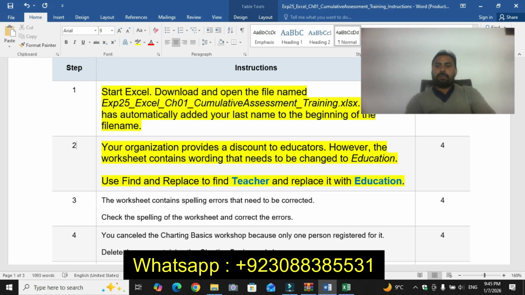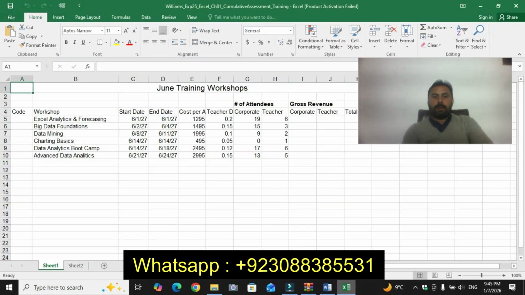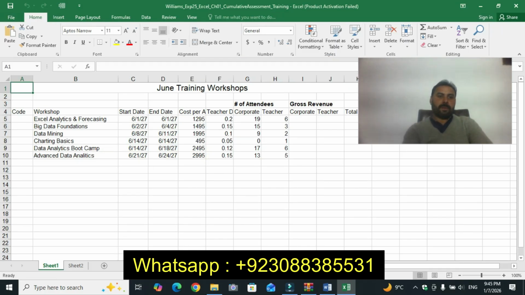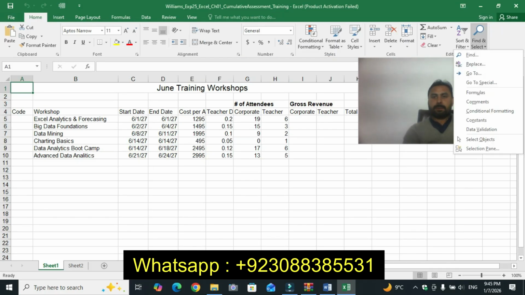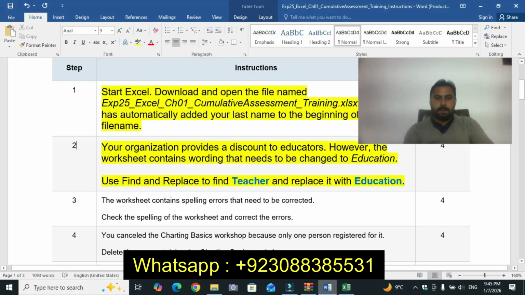All dear students, open the worksheet, Replace, find educator, replace teachers.